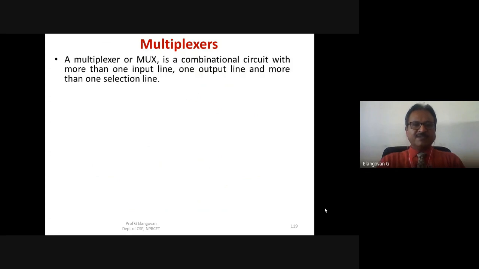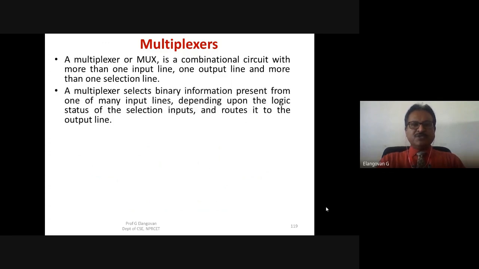So basically, what is a multiplexer? It's a combinational circuit. It will have more than one input, out of which only one input will be selected as output at any instant. So we can say that out of the available n number of inputs, it is going to combine and give us a single output. Sometimes the multiplexer is referred to as a parallel to serial converter because more than one input comes to the multiplexer and only one output goes from the multiplexer.